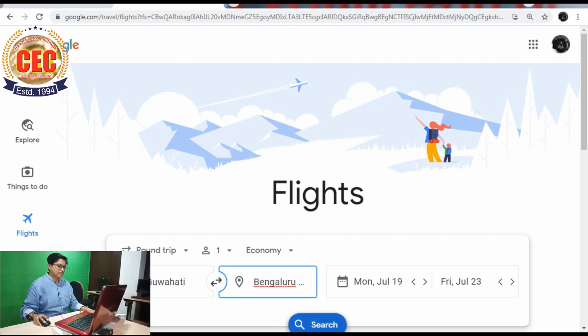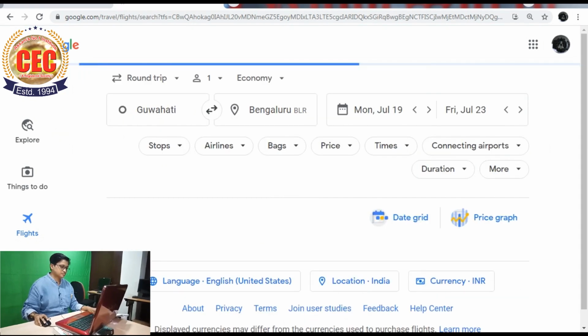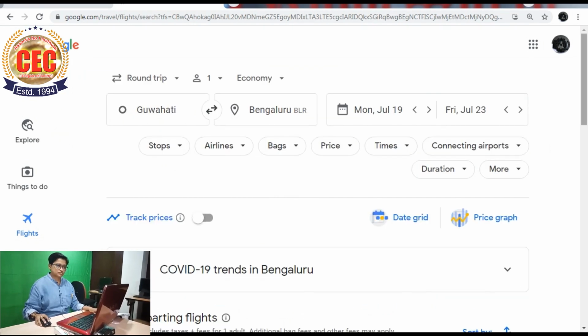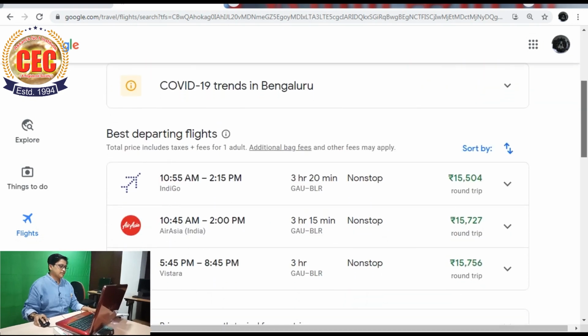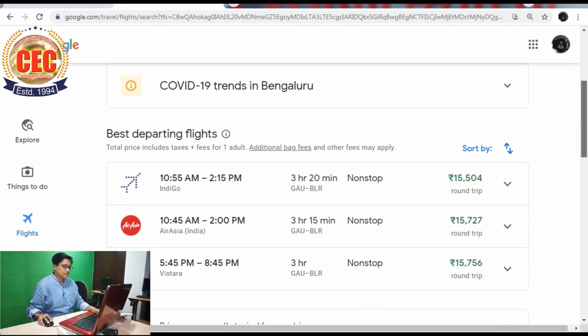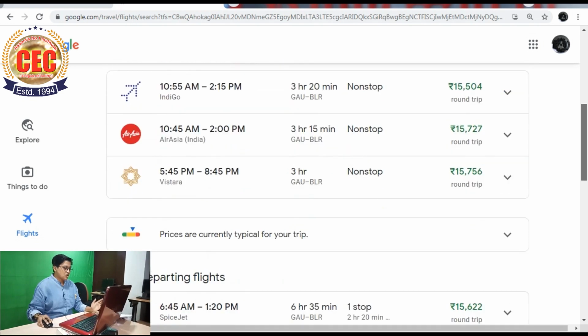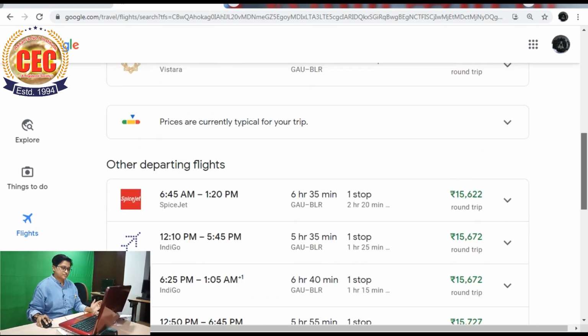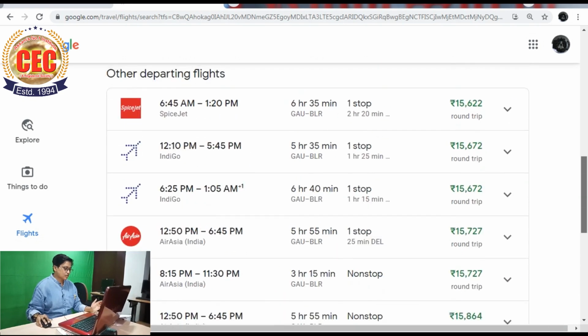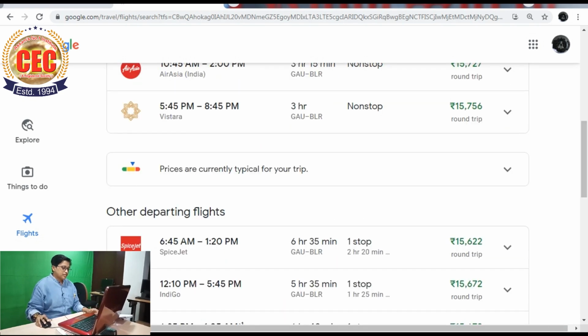Then search for different flights, and it will show you different flights along with the prices of tickets. This way you can use this app very conveniently.